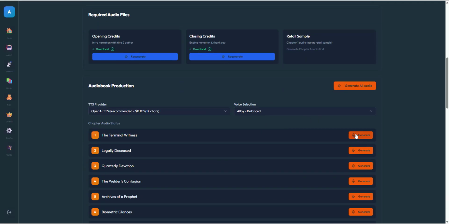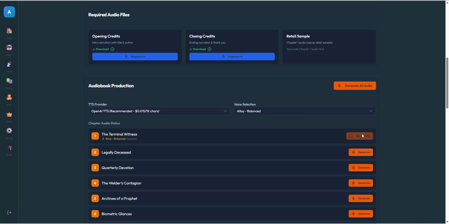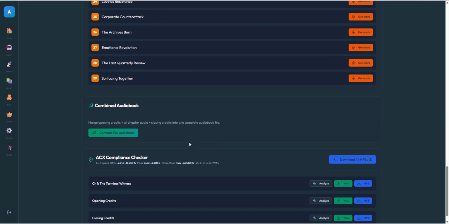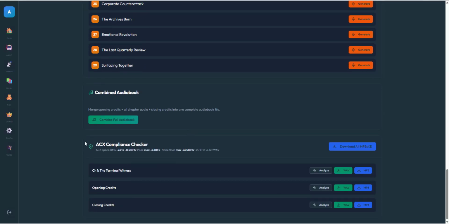So I'll go ahead and generate the first chapter. Okay, so as you can see, the audio for chapter 1 was generated right here. It generates an MP3 and immediately downloads it. You can regenerate it by clicking here. Tells you who was the narrator. And what it does right down here is where it does your ACX compliance check. So this is an MP3 it generated. If you analyze that particular file right now,